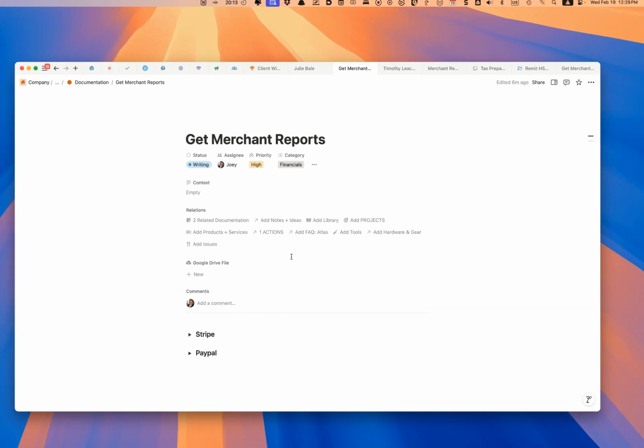All right, I want to show you something cool when it comes to documentation. You know that I am a huge proponent of this. I love capturing everything that I do: my processes, checklists, SOPs, everything that I do in my business. You do this because you want to stay in your zone of genius and not have